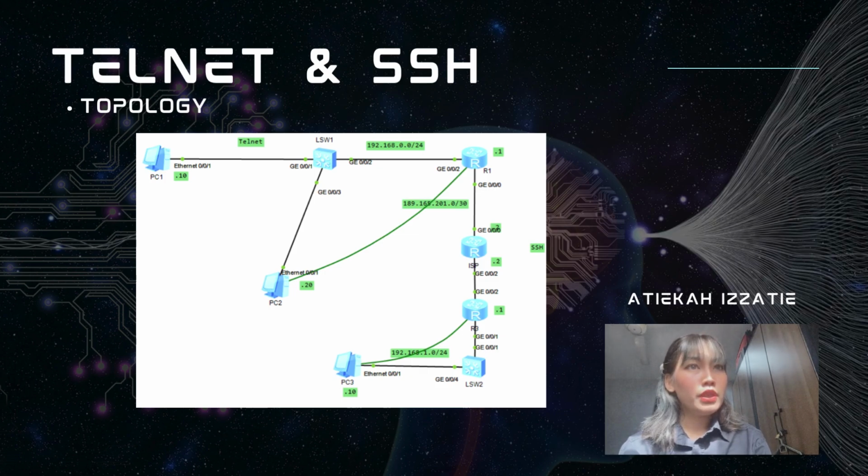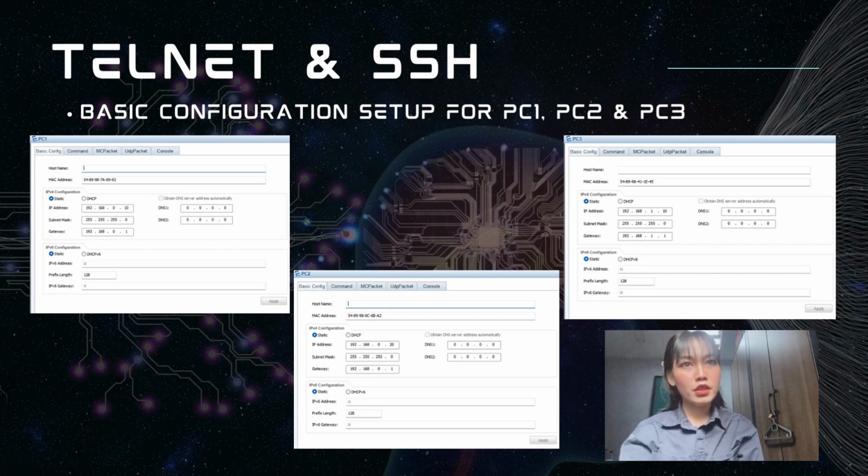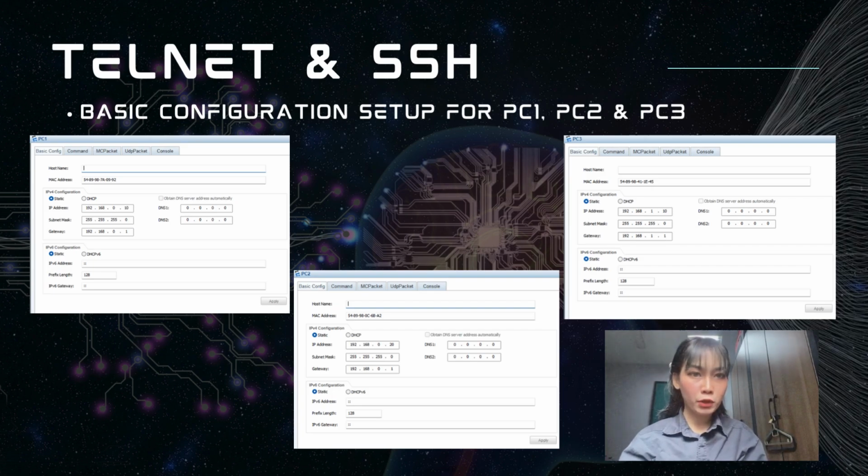And PC2 is the same as PC1. It is also connected to LSW1, and PC3 is connected to LSW2. For the IP address assignment, each PC is assigned a unique IP address within its designated subnet to ensure proper communication. For example, PC1 has an IP address of